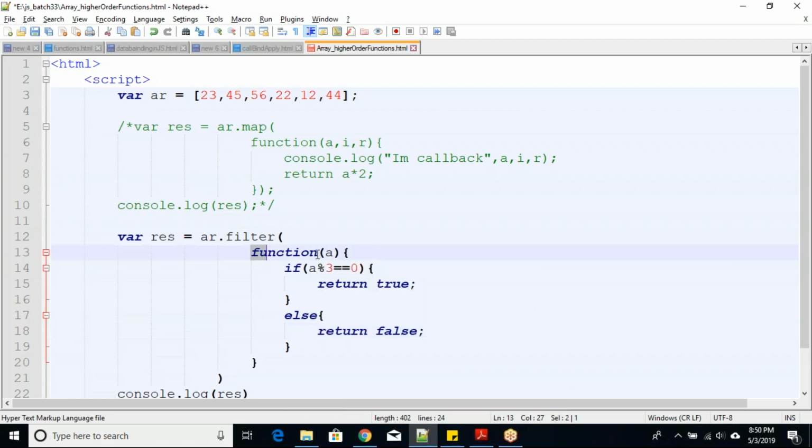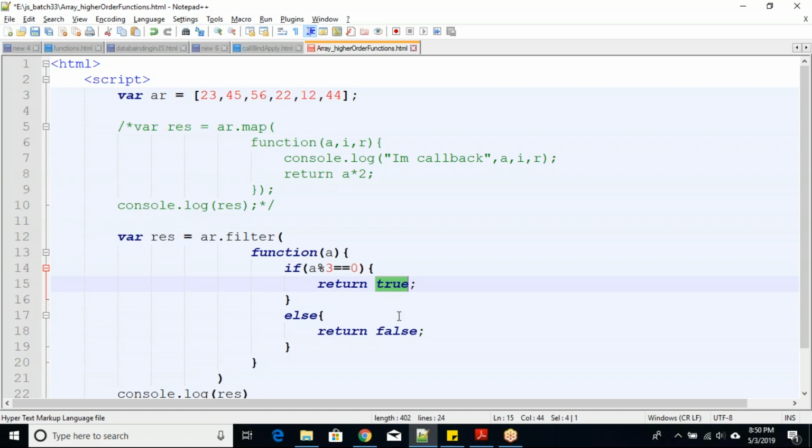So when this function returns false, whatever value we are passing to this callback function will not be accumulated, that will be filtered out, separated. Only when this function returns true, then that particular value will be picked up.